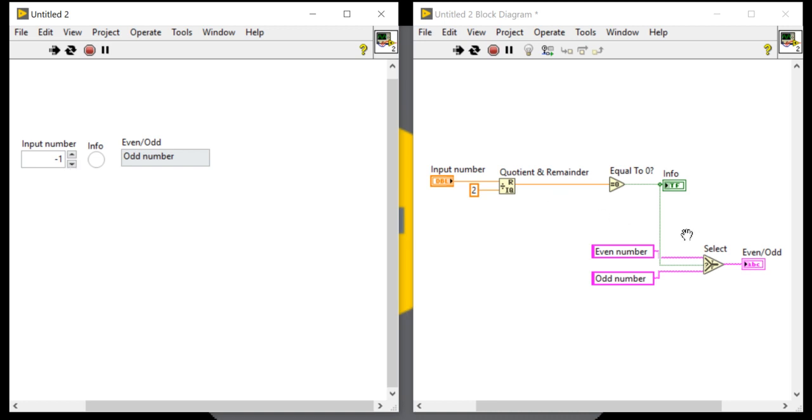Here we are using the string functions. In this program we are using numeric controls, Boolean indicators, string indicators, string constant, numeric constant, one numeric function, and this comparison based function.